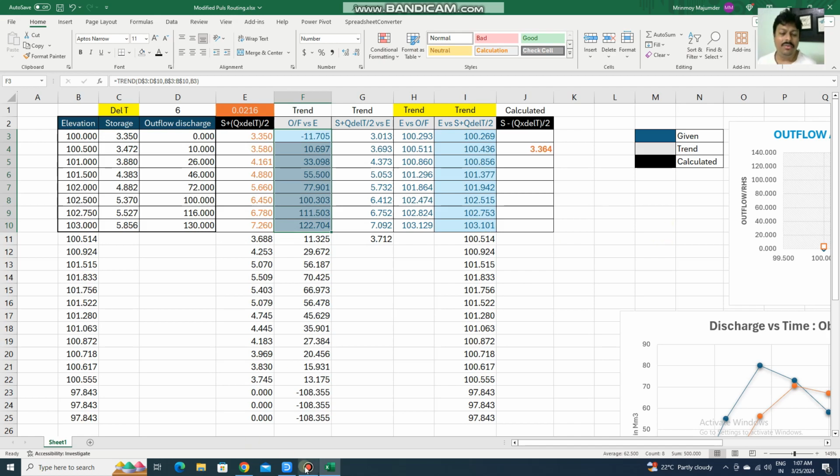Now, if you do not have Excel with you, and you have to do it by hand only, it is very easy then also. You know what is y, you know what is x. So the only thing that you have to find is m. M is the slope. And how to find out the m? You can find m by y1 minus y2 divided by x1 minus x2. Right? This thing you know very well.